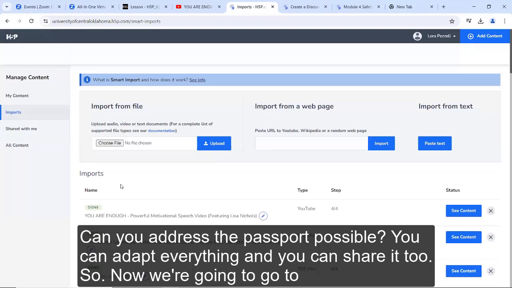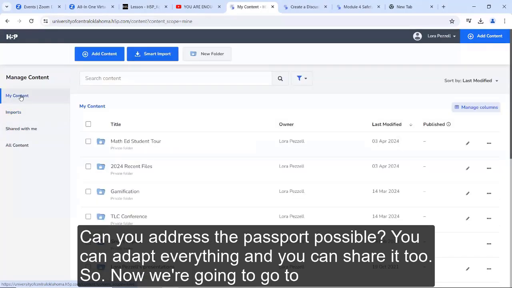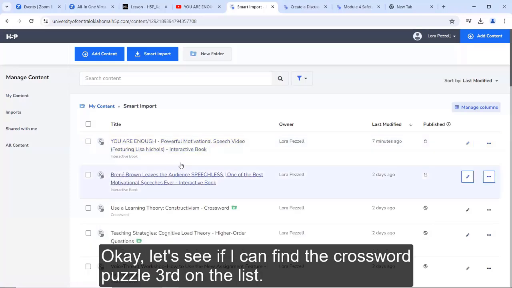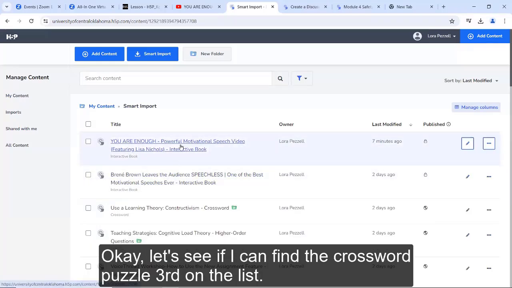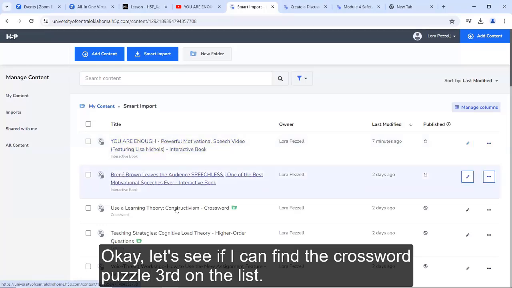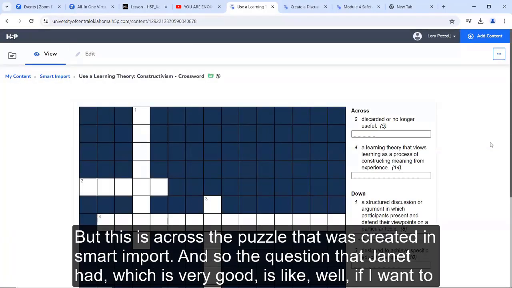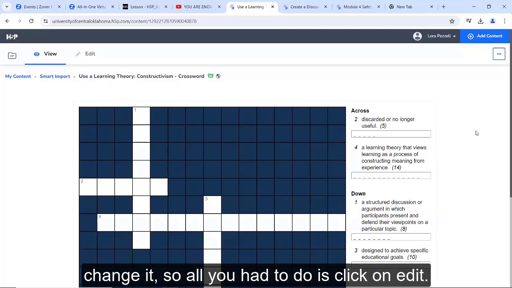Now we're going to go to, let's see if I can find it. There's the crossword puzzle, third on the list. Oh, okay, here we go. Well, here's a crossword puzzle. It's not the same one, but this is a crossword puzzle that was created in Smart Import. And so the question that Janet had, which is very good, is what if I want to change it?